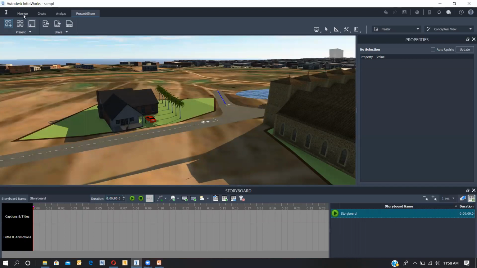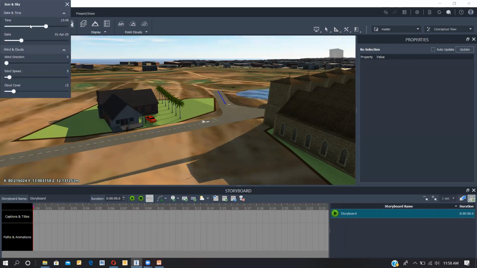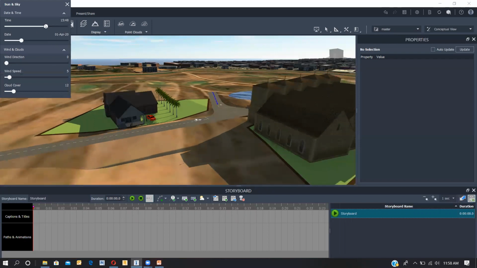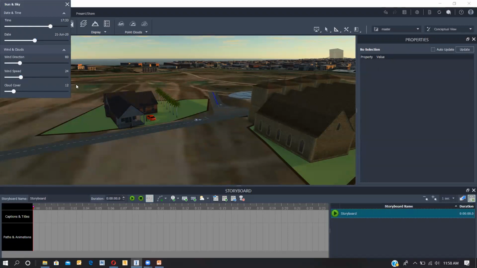Like I'm searching for the, yes, it should be here. We'll be having the things in manage, only display sun and sky. Yes, I'm having it here. Can you see the clouds are blue now, right? So its time is 3:48. I can make it in the night view. So this is about the dates, and I can set the wind speed, like your clouds will be moving over there. Can you see how beautiful it is?